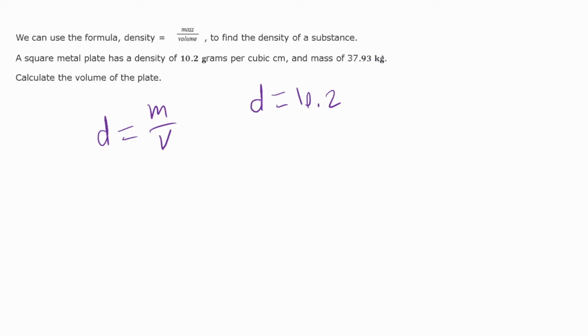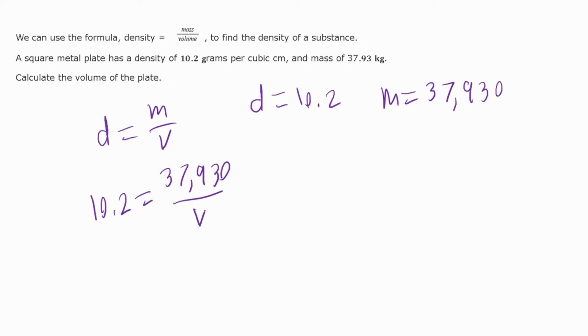37.93 kilograms. Now, here's the problem. We need to convert kilograms to grams. And the way that works is we just multiply this by 1,000. Right? So we multiply that by 1,000, which is going to give us the mass to be 37,930. So now we just plug this stuff in. And what do we get? We get 10.2 equals